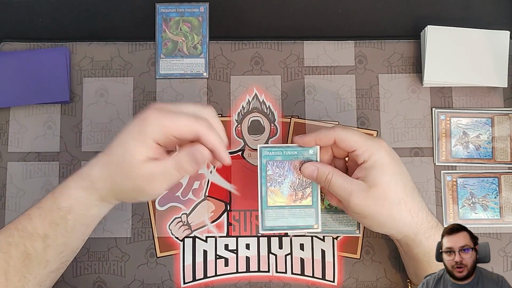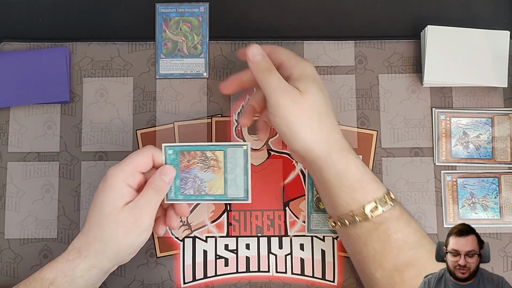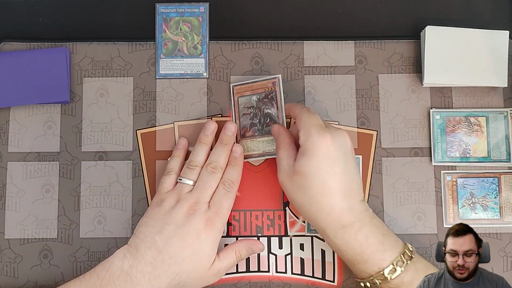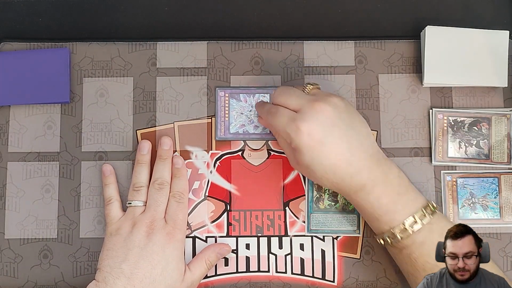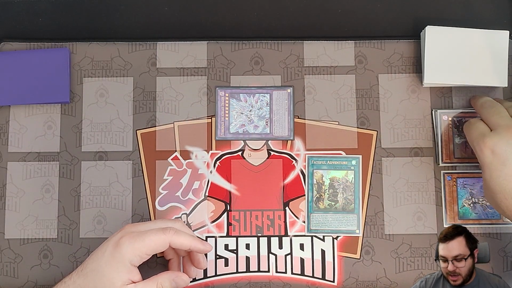Predaplant Verte Anaconda only copies the fusion effect, so I'm not locked out of using this just because I link summoned. I'll be able to send this and just use the fusion, so we're going to use the fusion to send our Albaz, and we'll send the Predaplant, and that will summon out our copy of Mirror Jade. So we end on the Mirror Jade plus whatever 4 cards we had in our hand, and now what this